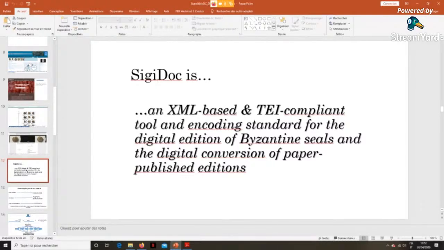It's a project. Byzantine sigillographers started to talk about Sigidoc around 2005, 2006, but the project was resumed about 10 years after that. And what it is, is an encoded standard, XML-based and TEI compliant,